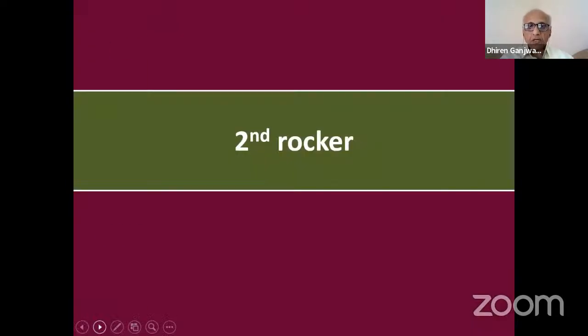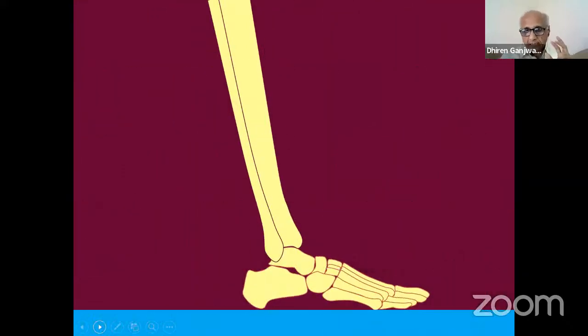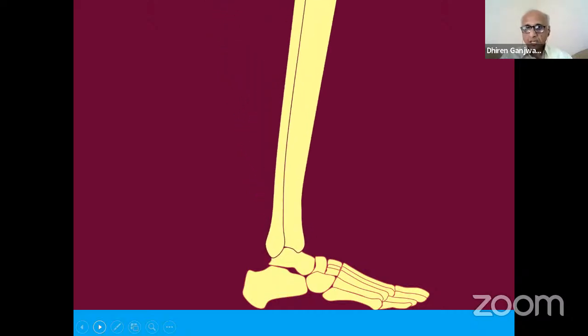Coming to the second rocker, here there is a dorsiflexion from the foot which is now in contact with the floor. There is a dorsiflexion like this. When I ask this question to undergraduate and postgraduate students, how this dorsiflexion takes place, most of them say that... but before that, let us understand how the ankle moves in this particular position. This is how the dorsiflexion takes place, and the foot is on the ground and the tibia is moving